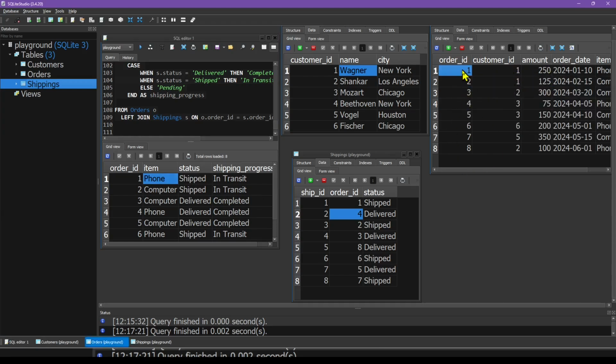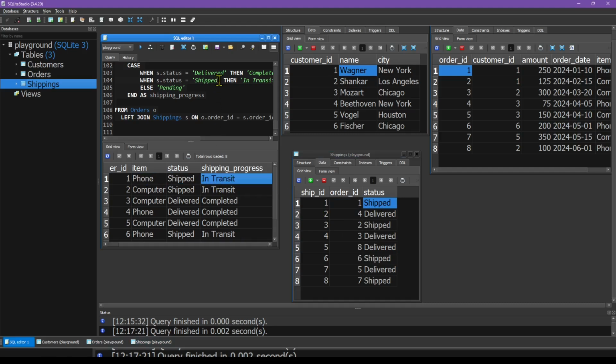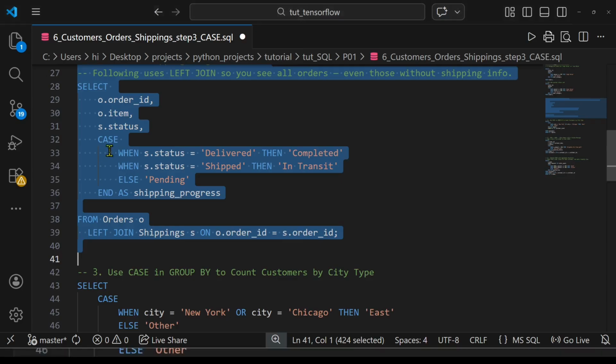Let's just move order ID 1. Okay, and this item, order ID 1 is right here. It is shipped. Okay, and you can see that order ID 1 has been shipped. All right, and so the shipping progress is in transit. So if it is shipped, it's going to be in transit. All right, great. Now